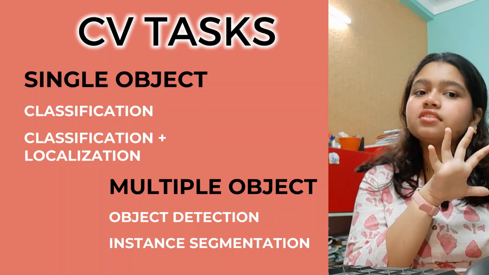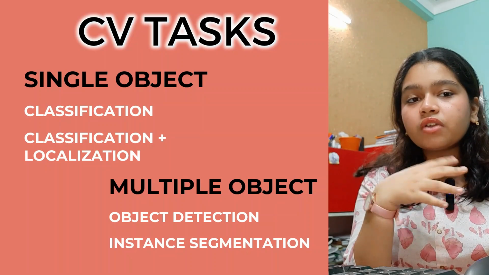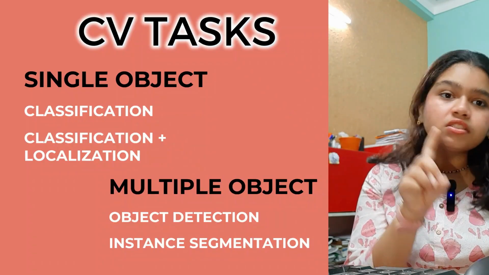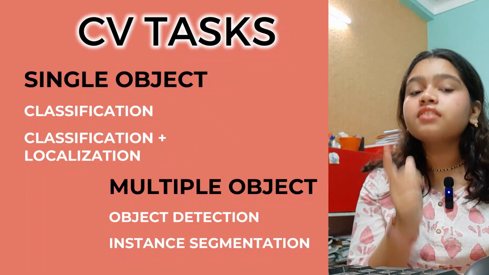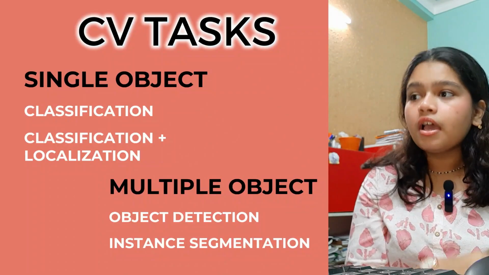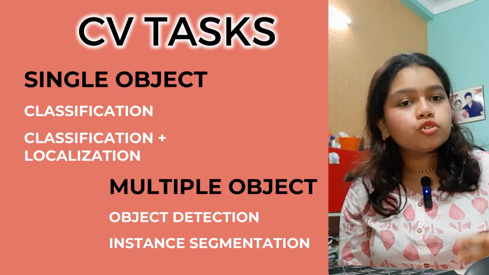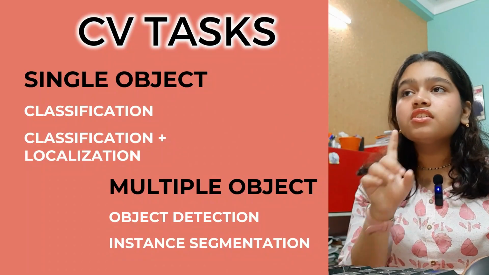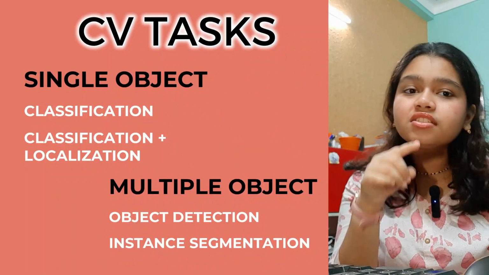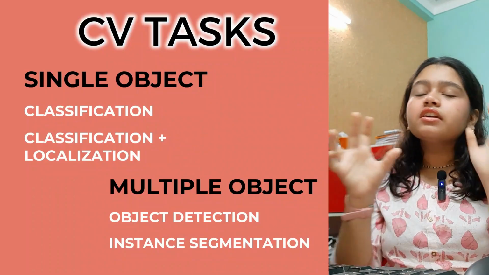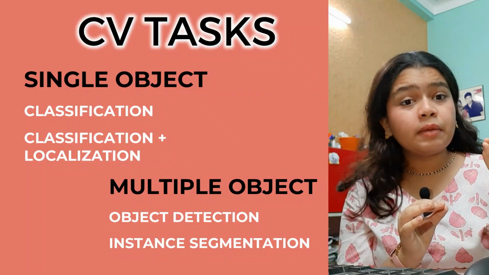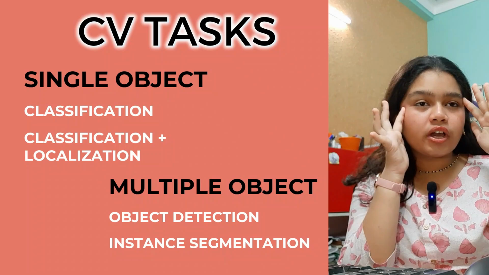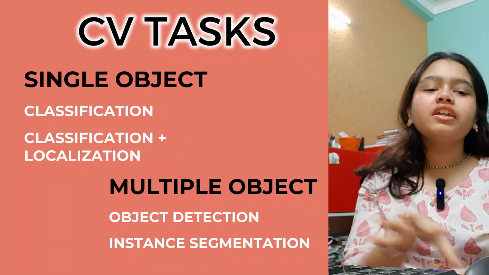So computer vision has certain tasks. If you give the computer one image which has a single object, then it can do two tasks: classification, and another is classification plus localization. And if you give it an image which has multiple objects, then it has two tasks again. First is object detection, then is instance segmentation. Got it? This is very easy. The most important part of the chapter we have already done at the beginning, so that at the last you can enjoy by seeing this, because here everything is easy.